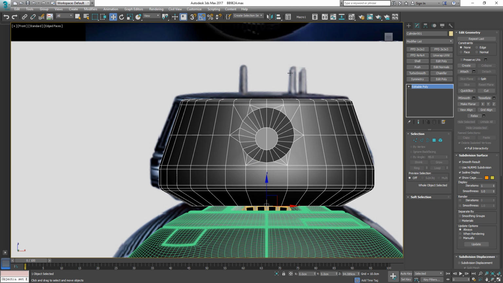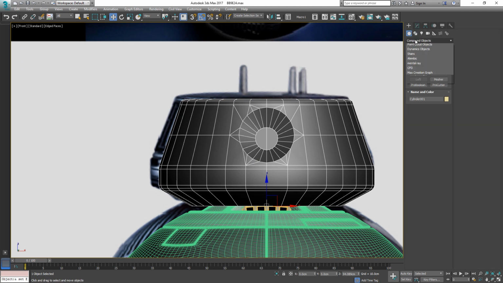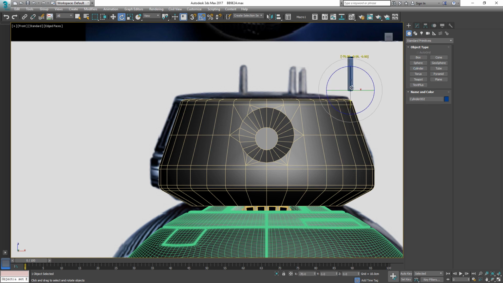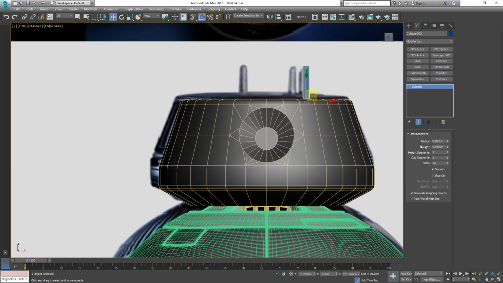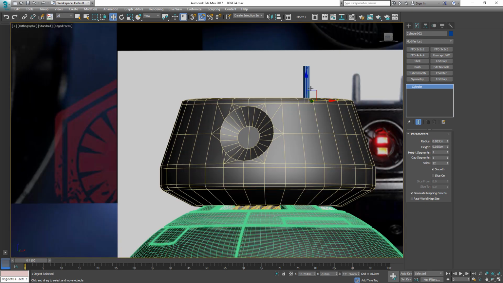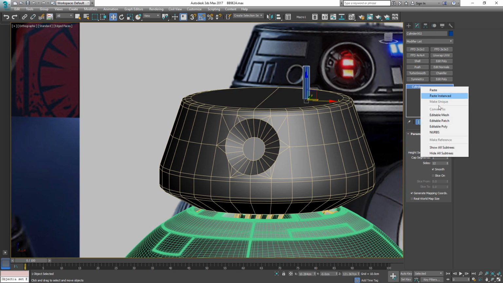And let's continue here with these cylinders that we see there, these antennas. So let's go to our standard primitives and let's just drag some cylinders here in the viewport, or at least one of them. Put it up here 90 degree and let's put it to something like 12 sides. We don't want it to be that highly tessellated. And the next step would be to right click that cylinder, make it also an editable poly so we can